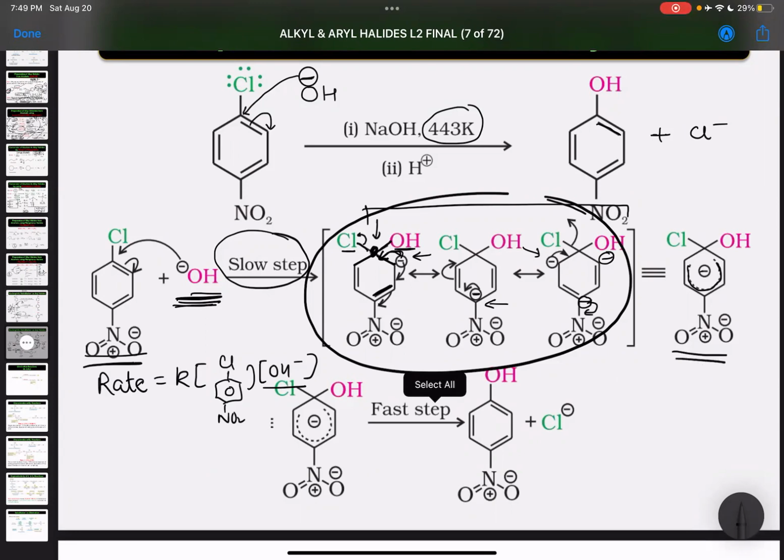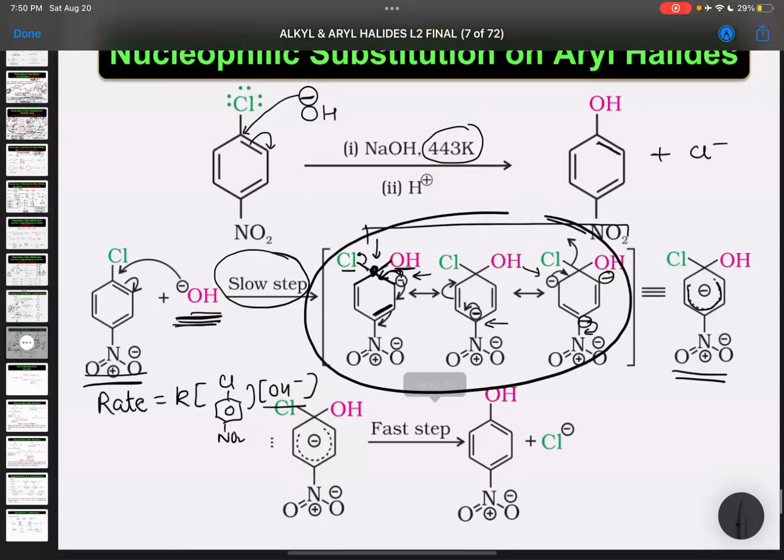So that's how it will become more and more stable. Or in general, if you don't get into the detail and just want to say it in a superficial way, you can say that NO2 groups will make the ring more electron deficient, and that will make the attack of nucleophile easier. Is it clear,